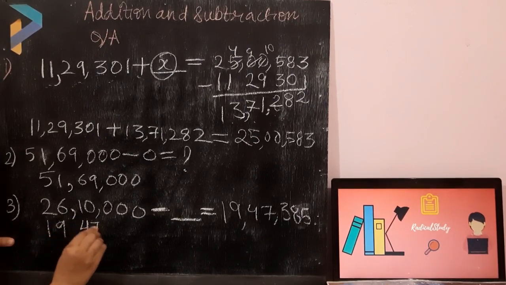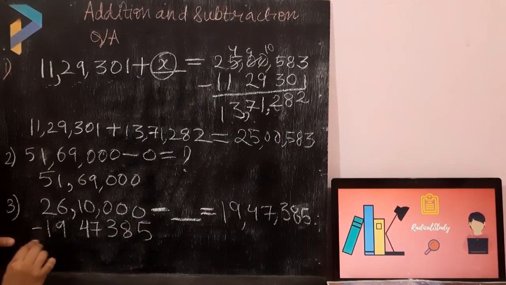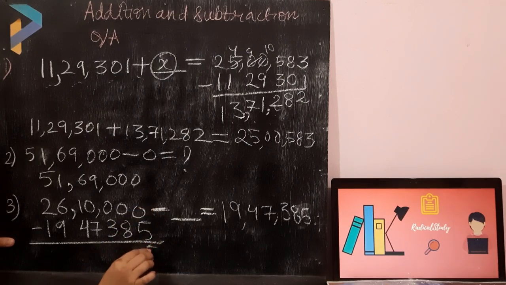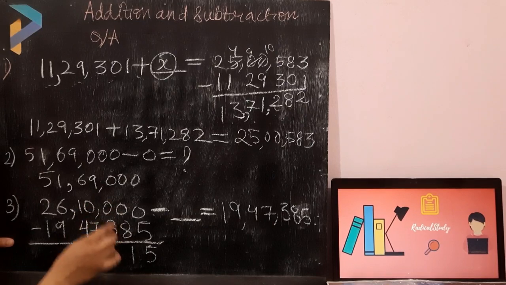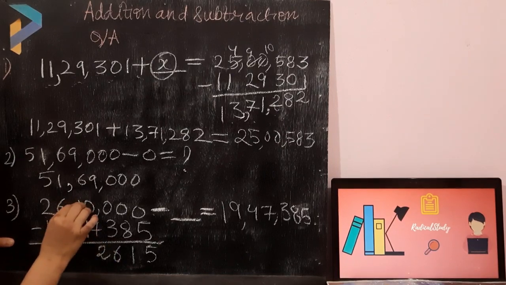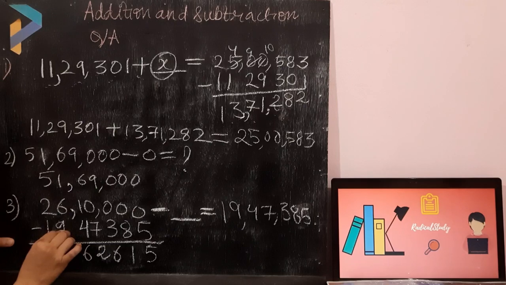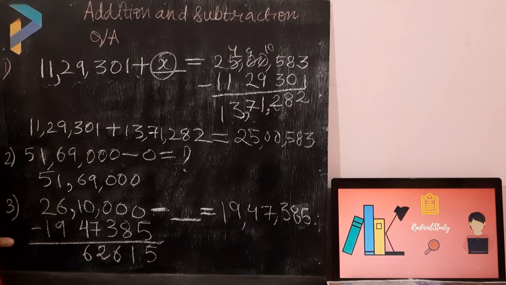So we will subtract this number from 26,10,000. अब मैं यहाँ पे आपका माइनस करने जा रही हूँ. प्लीज पे अटेंशन. So 10 minus 5 is 5. It will be 9. 9 minus 8 is 1. And 9 minus 3 is 6. Here 9 minus 7 is 2. Here it will be 10 minus 4, 6. 6 minus 9 is not possible. We have to take carry.